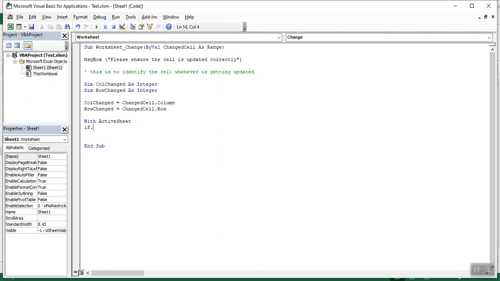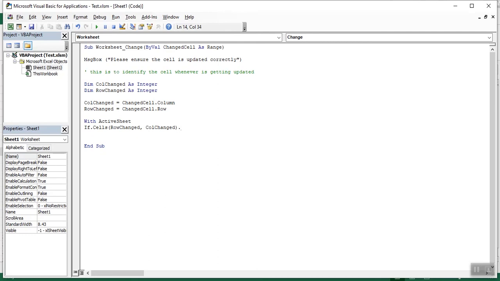If our first command, so for example, if our cells changed, the row changed, column comma or changed, close.